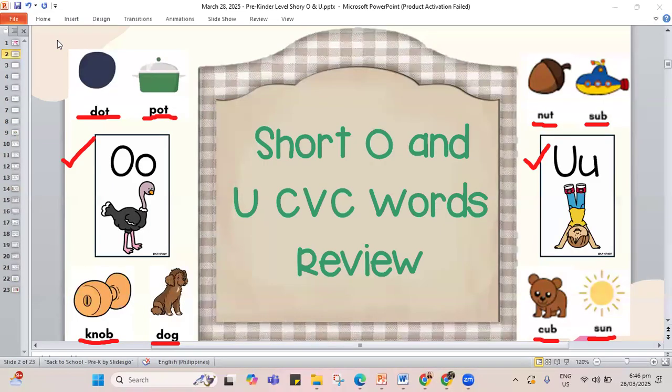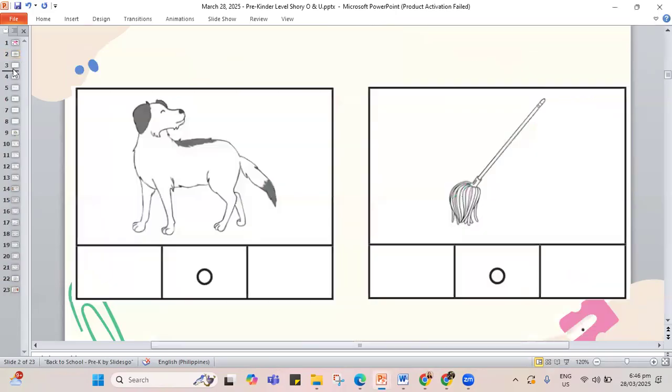But since I told you I am going to have a short review, let's spell some of our words here in our screen. So here we have missing letters in our word dog. So just like in our class, remember, we get to sound spell so that we can remember the letters that we need to write. So the first word is dog. What are the letters in dog? D, D. The first letter, D. In the middle, O, and the G sound at the end, letter G. Dog. That's our dog.